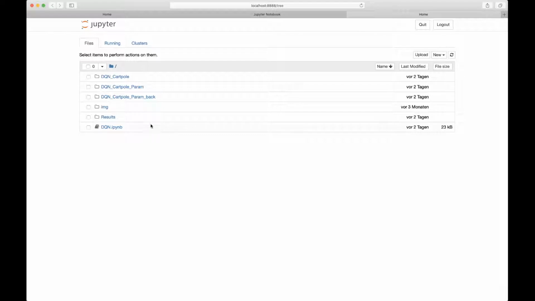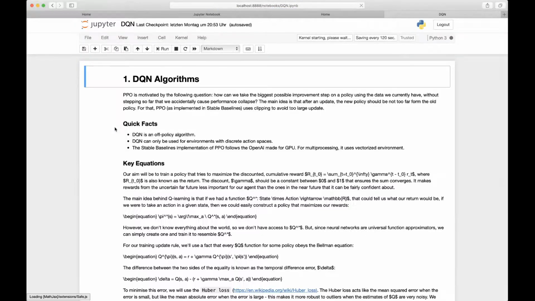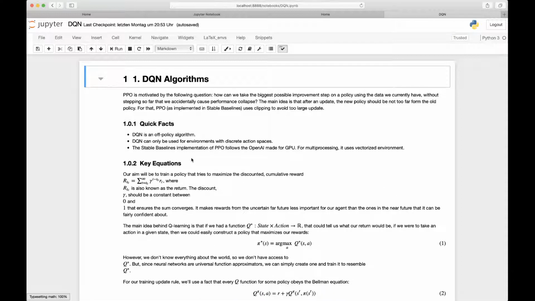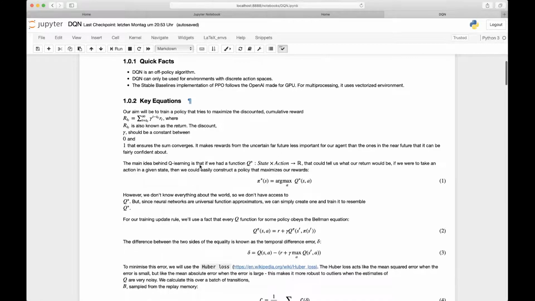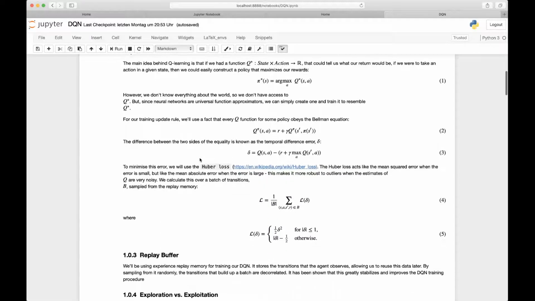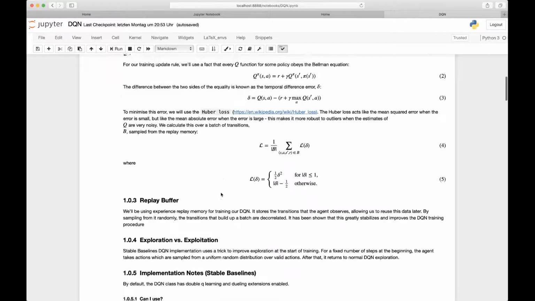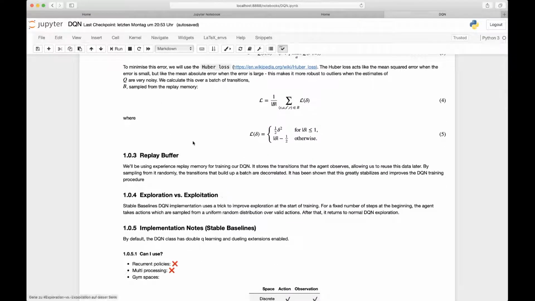So what you find here is some folders. The only important one is this one. If we go in, you see, as in the beginning, some general information about DQN itself and some mathematical remarks on this. But the really important one is